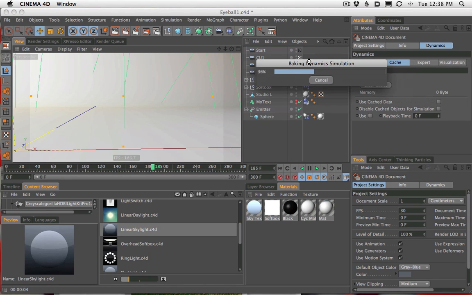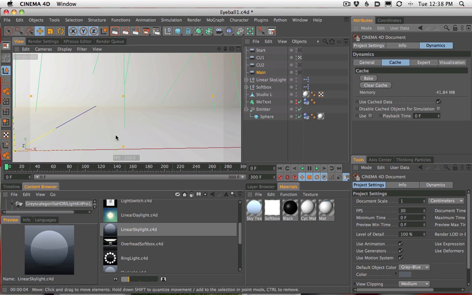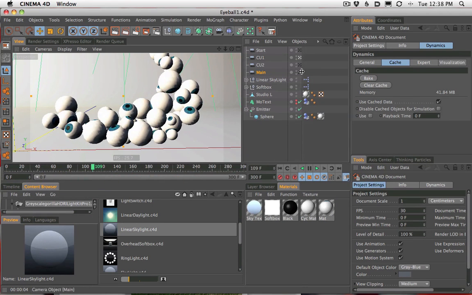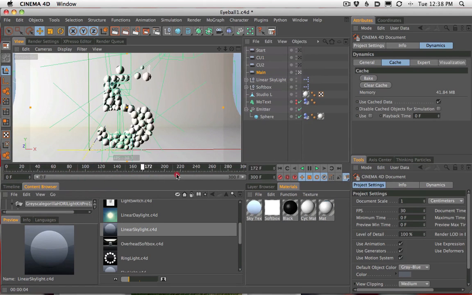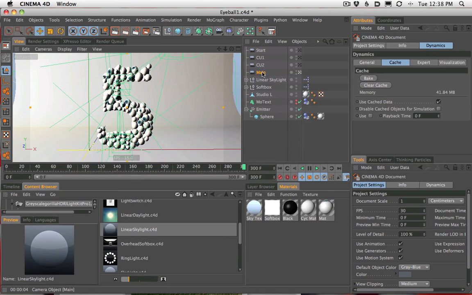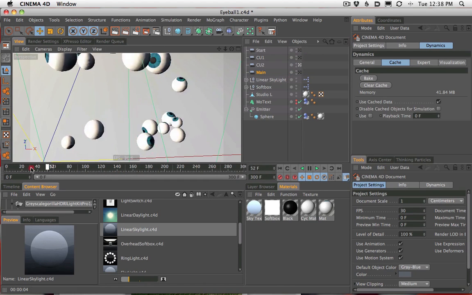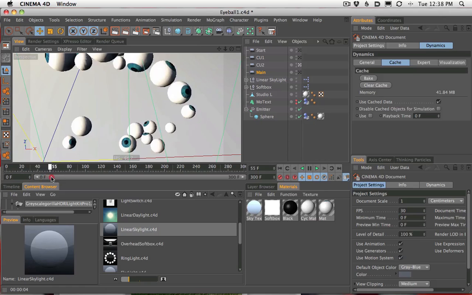Boom. And it's going to calculate all of those particles going through the system and colliding and being dynamic and all that stuff. And when it's finished, we have a baked system, which means we can now scrub the timeline back and forth, and all of our particles are reacting without having to be calculated. And this is cool because now we can say, okay, from 140 to the end is what I want the main camera. In the close-up 2, all the action is happening, I think, right here.